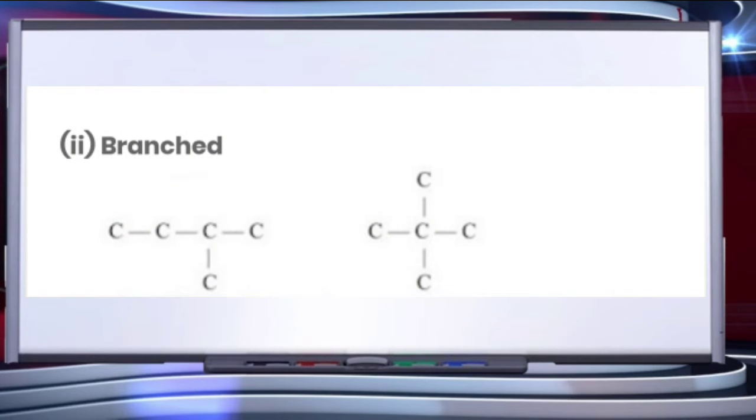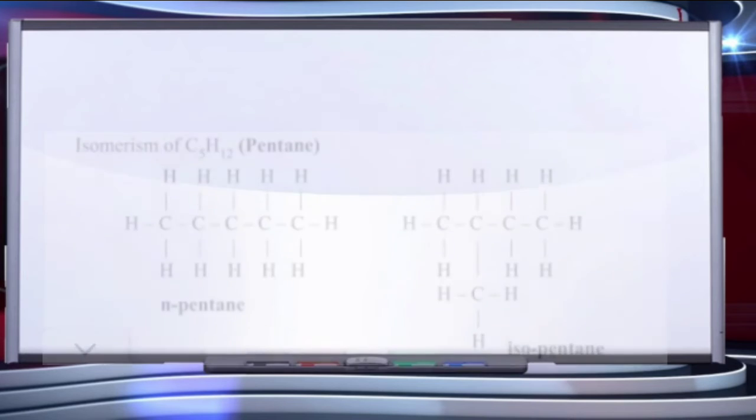The second category of carbon compounds based on their structure is the branched structures. See children, here two figures are given to show two different kinds of branches. In the first figure, the second carbon is again joined with a branch to another carbon, and in the second figure one carbon is joined with four different branches on all sides with 4 carbon atoms. So this is known as the branched kind of structures.